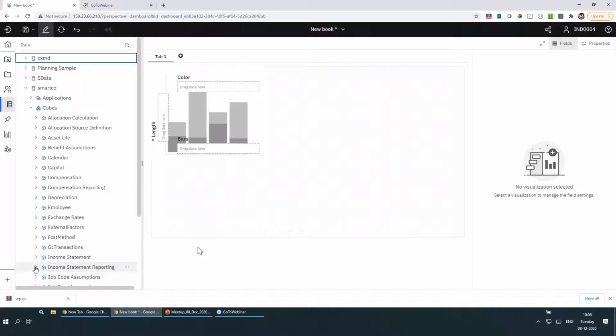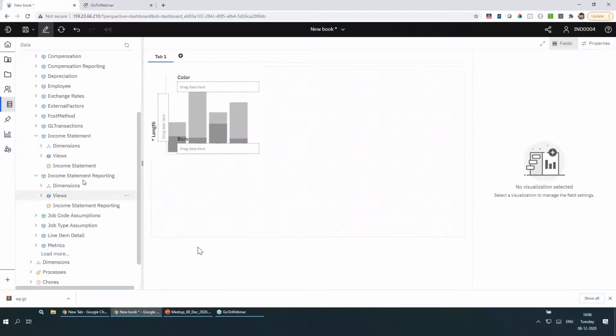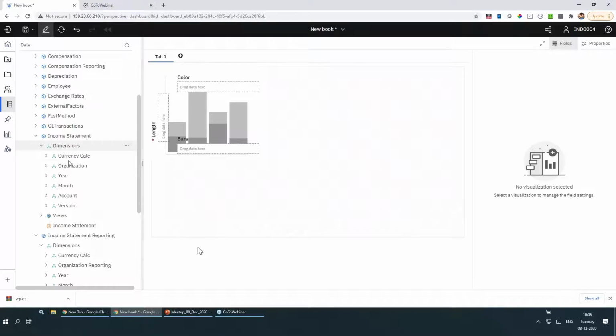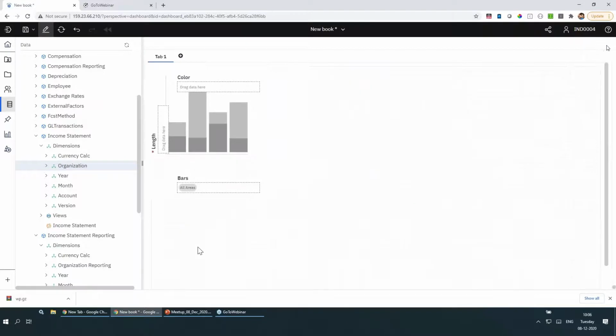So for example, if I have to create one of the stacked column visualizations, I just select that, and from my dimensions I can just bring in one of the dimensions over here to the visualization area. And then once I do that, you would notice that the fields have already been